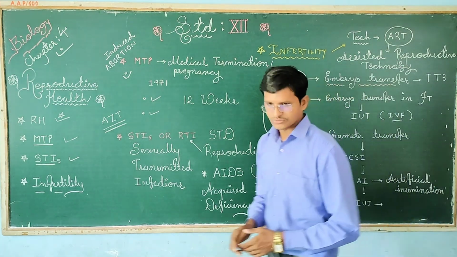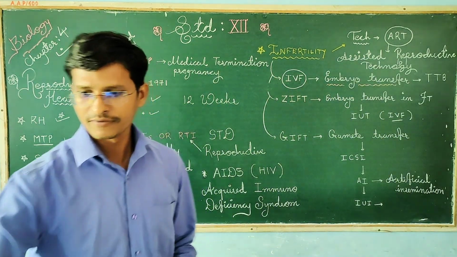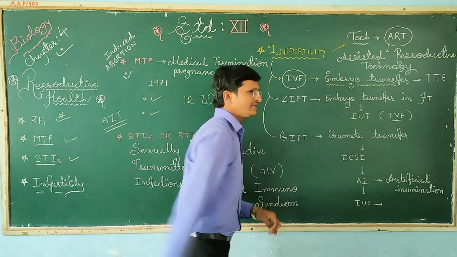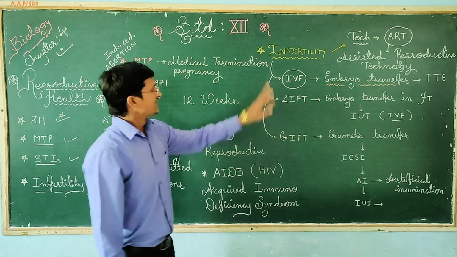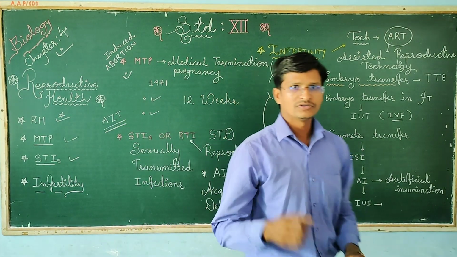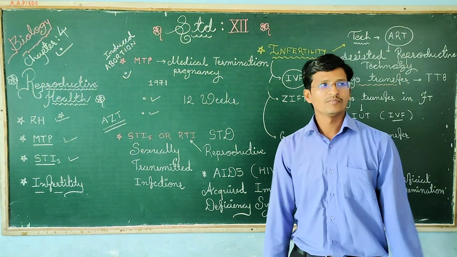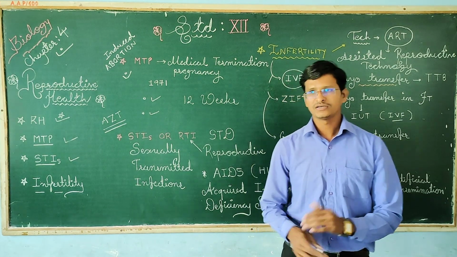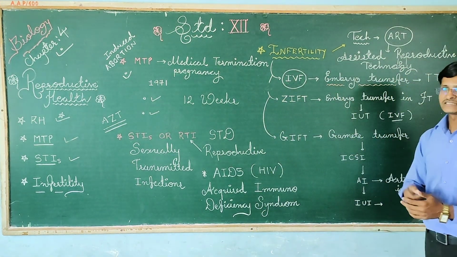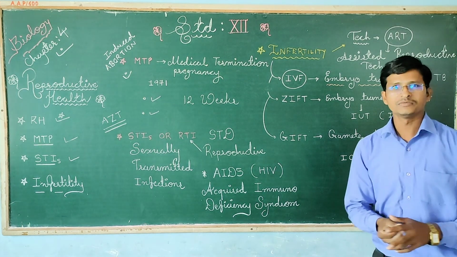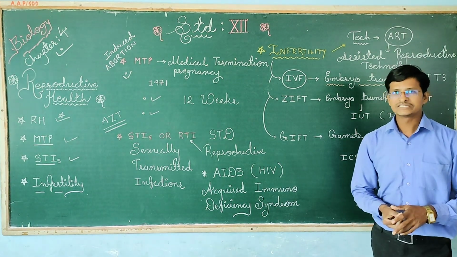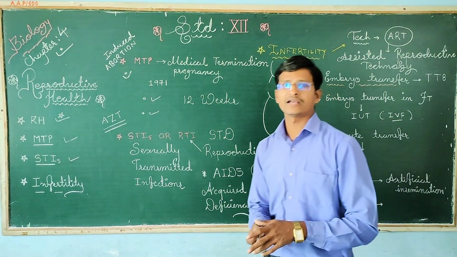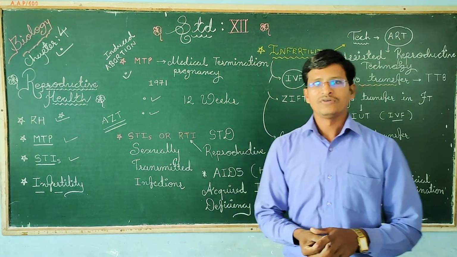Now today I want to discuss a very crucial and important topic, that is infertility. That is the last topic of this chapter. My dear students, this is a big question in each and every human life. Infertility is a condition in which the woman's egg is unable to be fertilized, and the fertilization process will not be carried out in the fallopian tube.